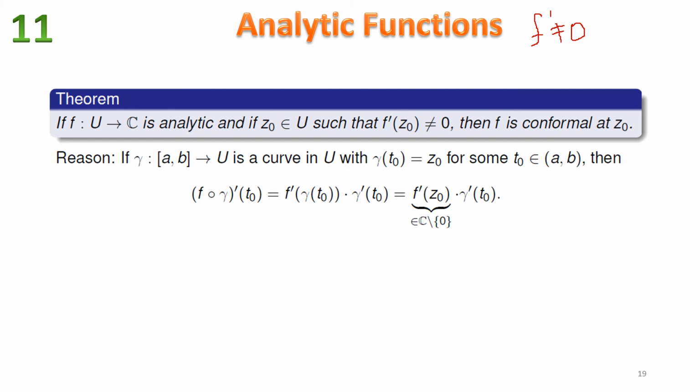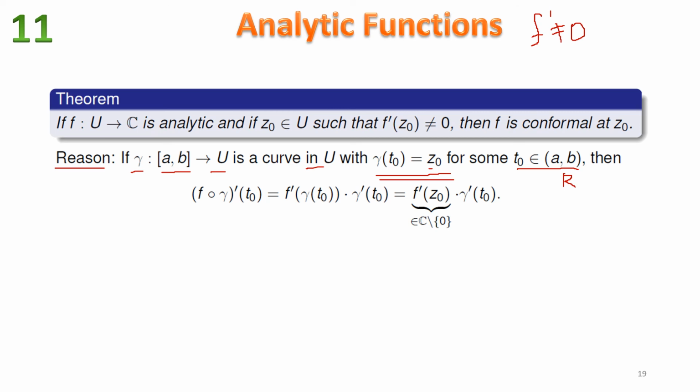Now let us focus on the reason why this is happening. If gamma is a curve in the domain U, defined on the interval between a and b, with gamma of t0 equal to z0. So here we are defining the point gamma of t0 as z0, where t0 belongs to some interval between a and b. You can presume that to be real. Then